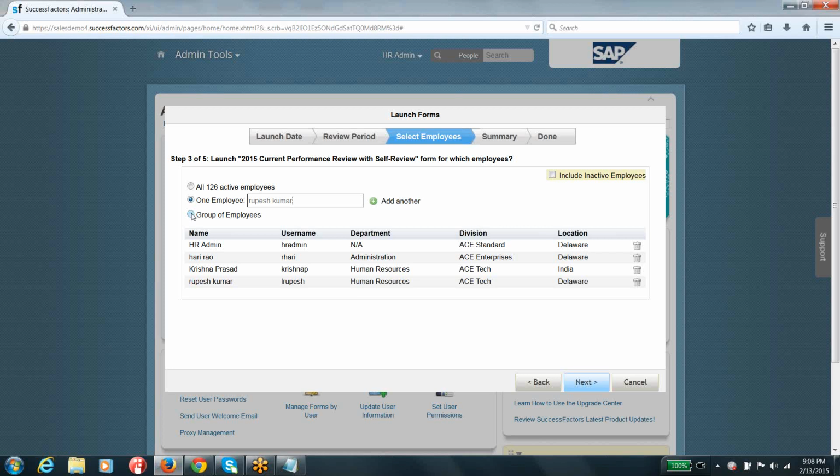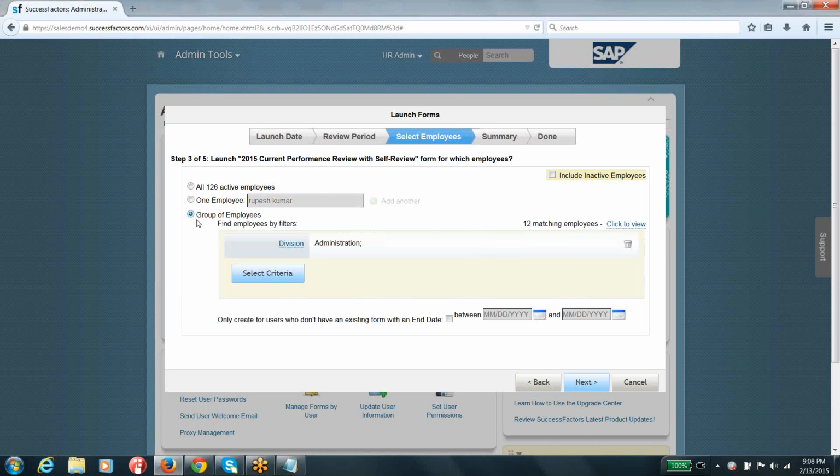I'll tell you, there is another option while you are going to work on the forms. I'll tell you how to do that. Again, you will not be able to upload a spreadsheet into the system. But again, you can create your own group. You can see this is pretty much limited right here. But that is going to be wide open, based on the custom fields or whatever it may be.